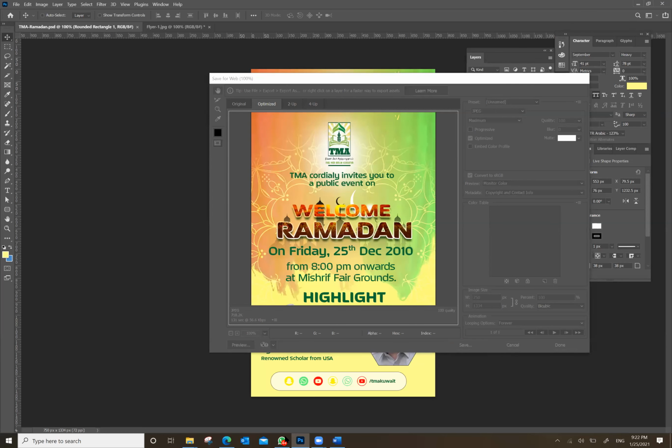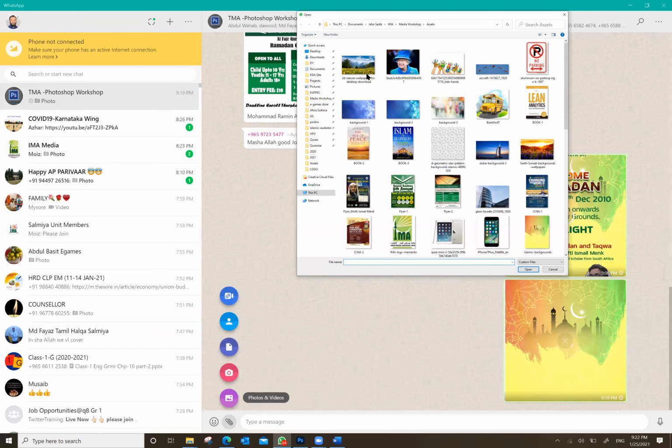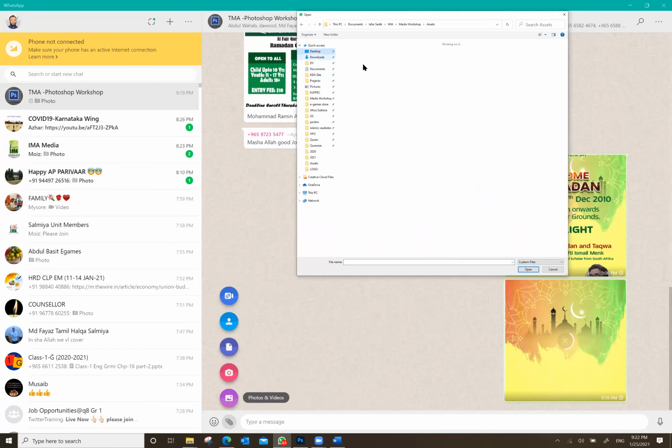So if you are used to using web WhatsApp, this is a very handy tool for the Photoshop designers. Go to here, select the picture, wherever you want to share, whether it is a group or an individual person.